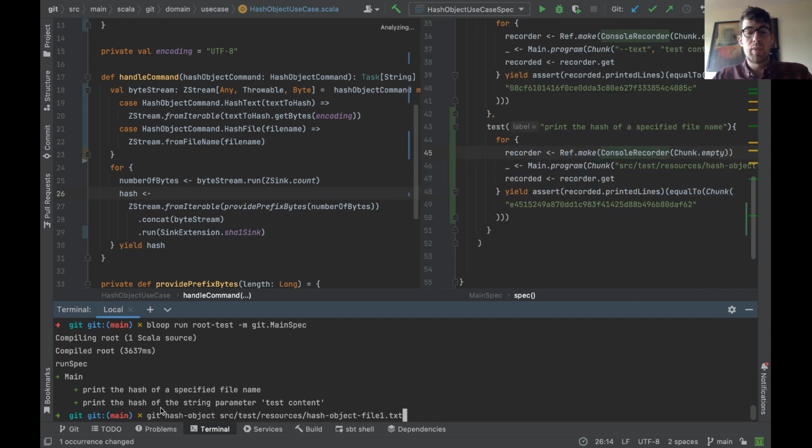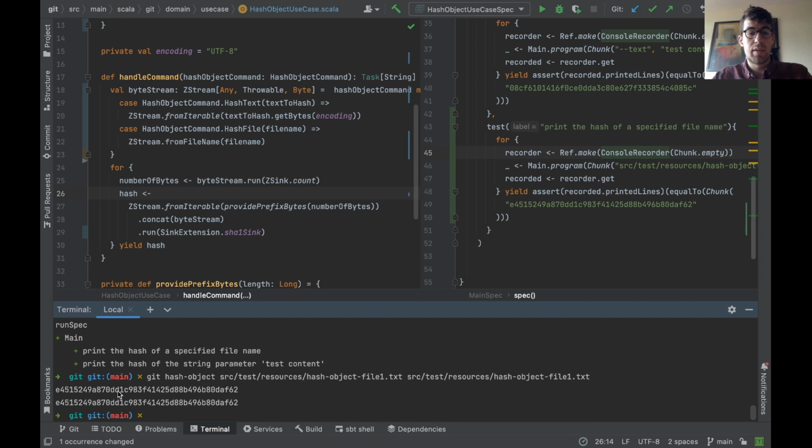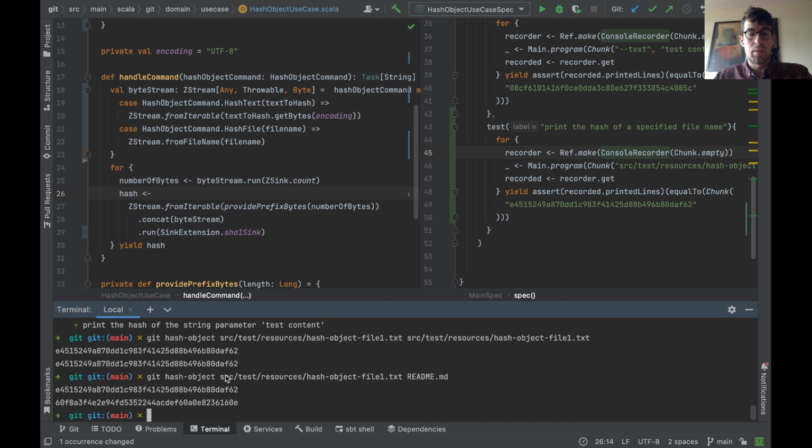Okay, so now if we go back to the hash object command here, we can actually specify several files. So you can see that if I specify several files here, we have a list of hashes that corresponds to the list of files in the order that we specified here. So the first hash corresponds to the first parameter and the second to the second. That'd be good to have that as well for our program. If we look,